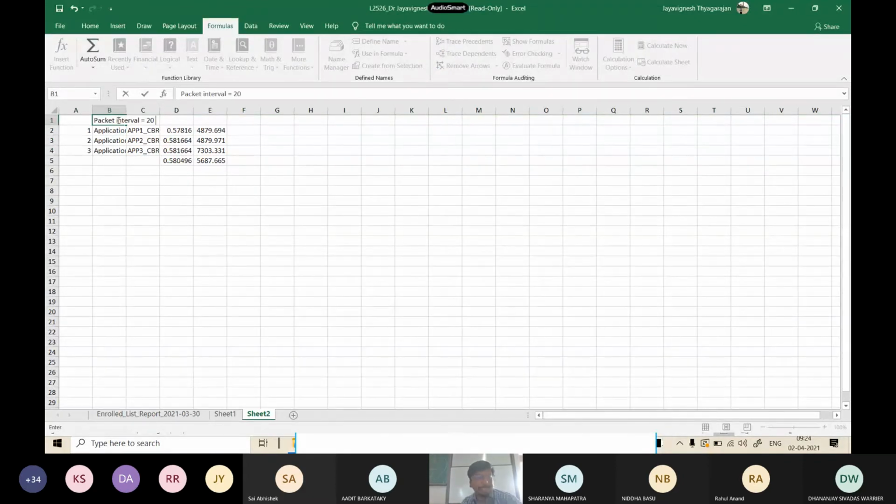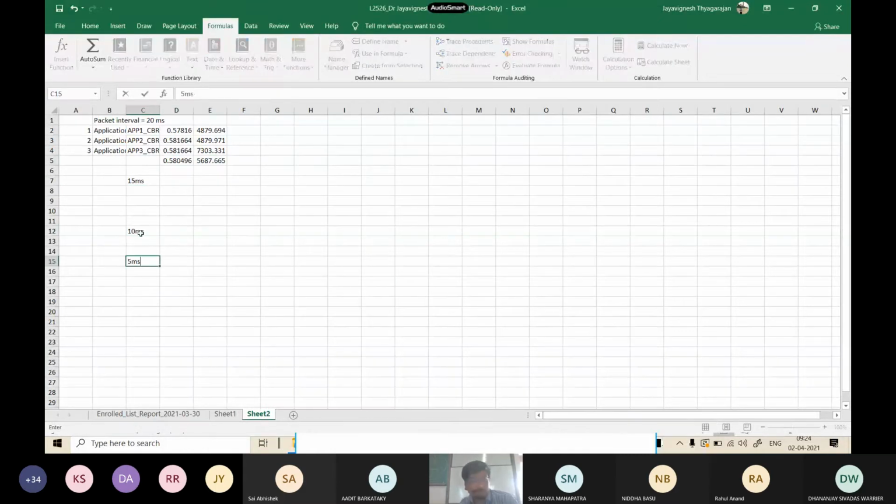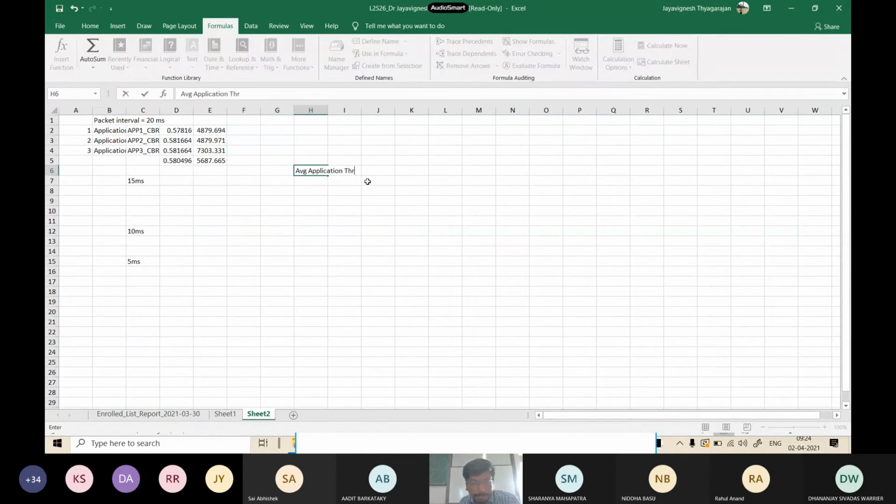Then plot the graph with the average application throughput versus what? Any idea? The packet inter-arrival time. I am now going to take you away from NetSim and do an analysis where my x-axis is going to be packet inter-arrival time.